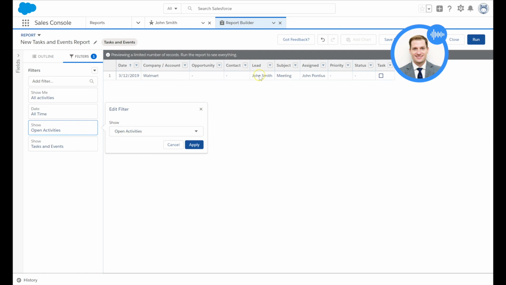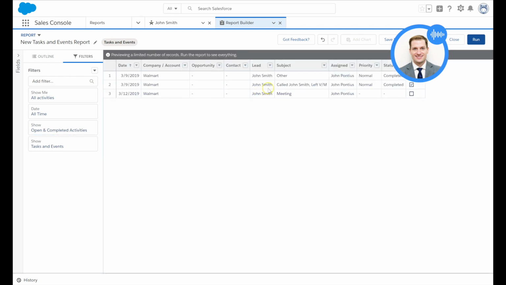And I can see already that my open activity that I created, see how I had the meeting, that's already showing up, but I want open and completed activities, and I'll click apply. So now this other one I created earlier today, this second activity that I created is called John Smith loves voicemail. You can see that that was marked as a task and completed, and then you can still